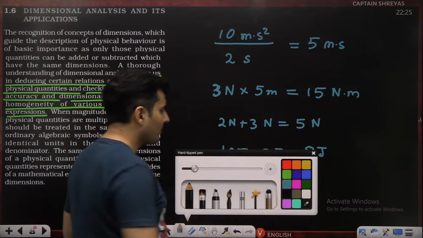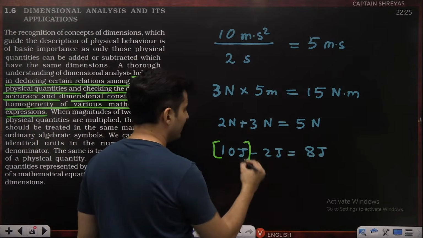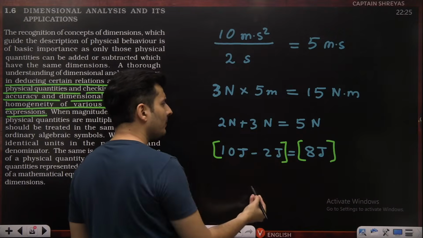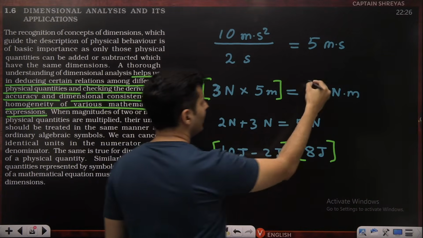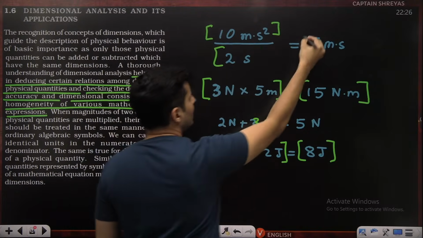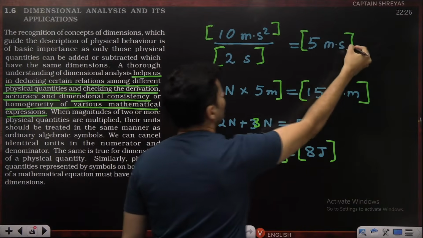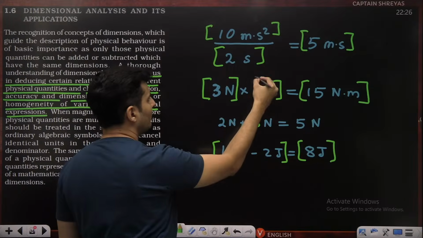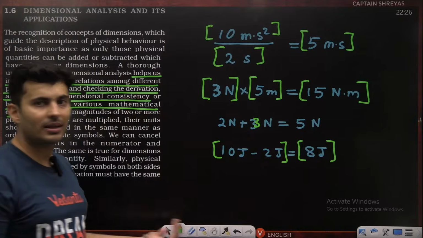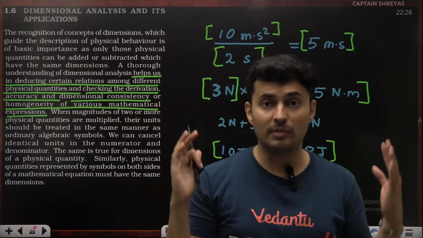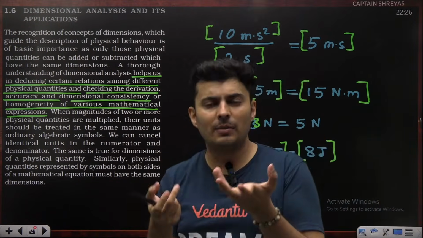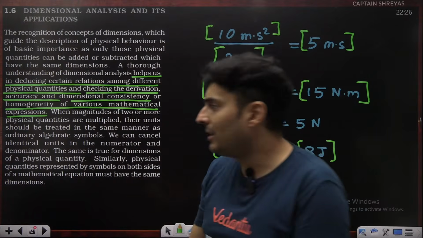So, if you ask me, what is the dimensional formula of this whole quantity on the left hand side and the dimensional formula of this quantity on the right hand side, they must be equal. Same thing, the dimensional formula here and here should be equal. The dimension of this divided by the dimension of this should also be the dimension of this quantity. Same thing, the dimension of this multiplied by this should be this dimension. That is what they are saying. So LHS and RHS dimensions should match, number one. And whenever you multiply, the dimensions inside also get multiplied. And when you divide, dimensions inside also get divided.